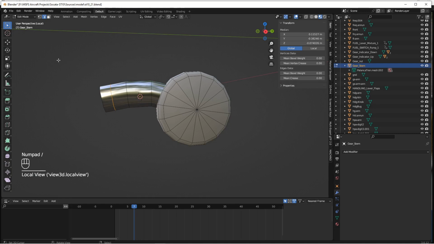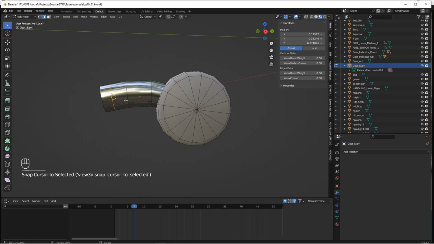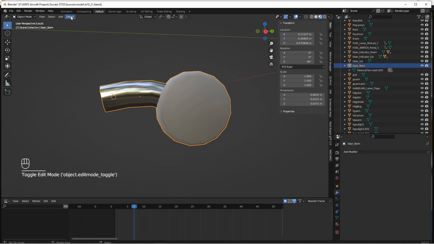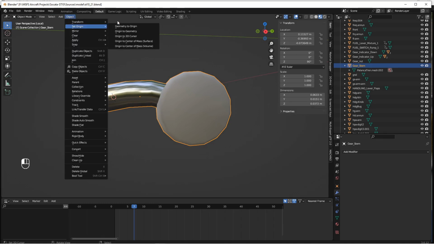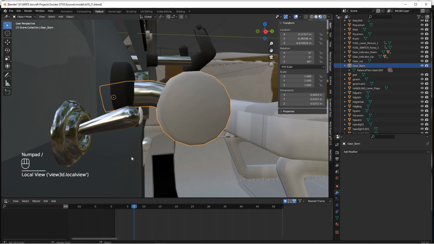Okay, let's do. I can't remember this. Cursor to selected, that's right. Get out of edit mode. Then I want origin, set origin to 3D cursor. That's better. Now it can get out. There we go. So if I do this